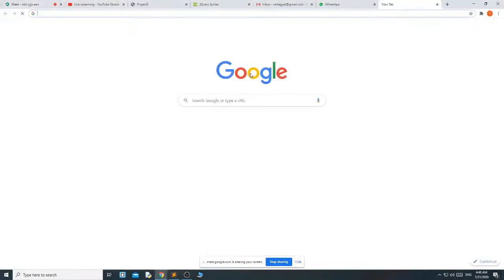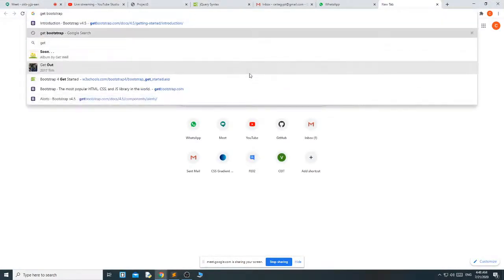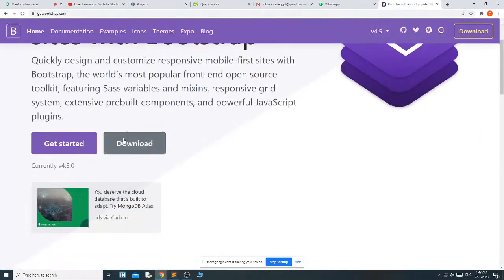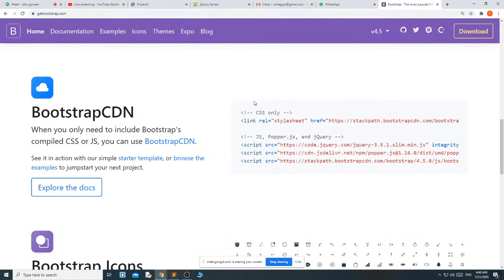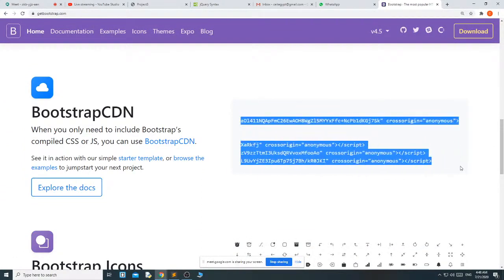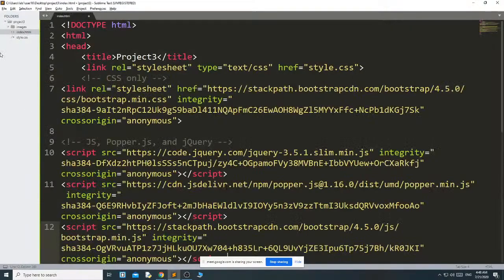Then go to get Bootstrap. Copy this. Paste it.